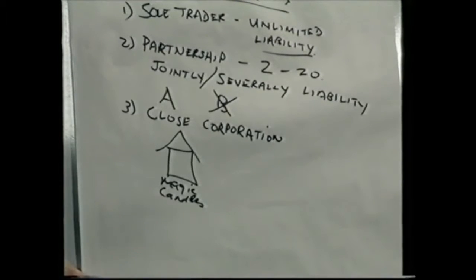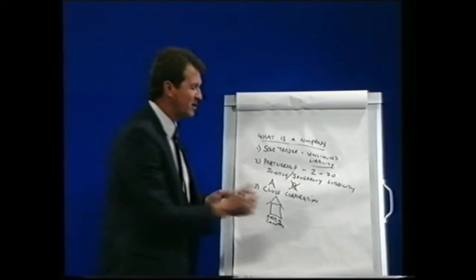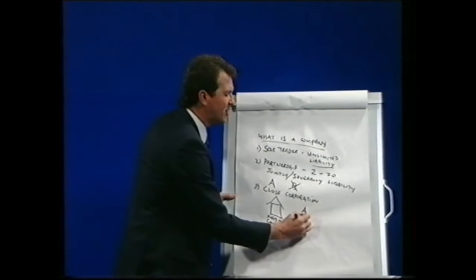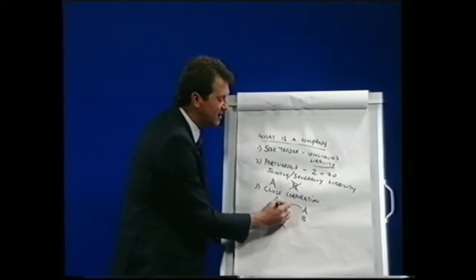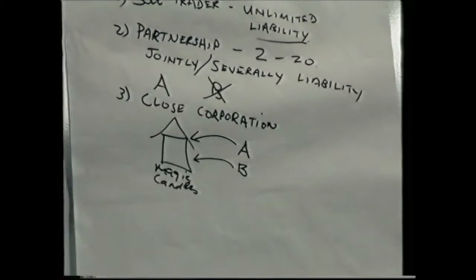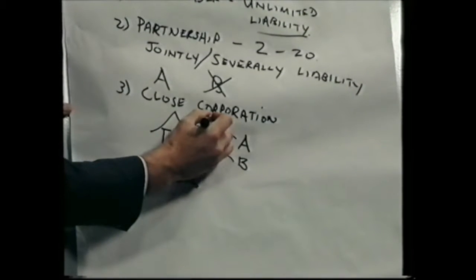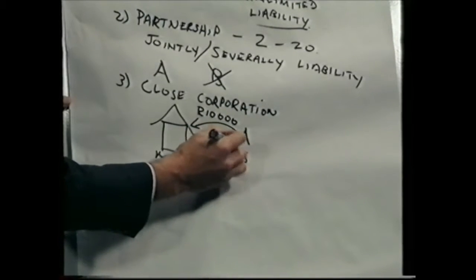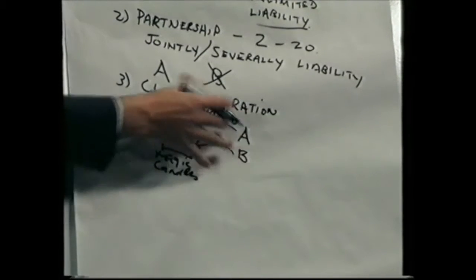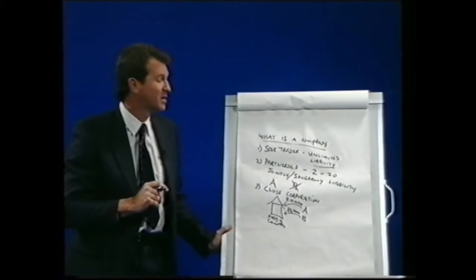It is recognized as an independent person in the eyes of the law, which means one very important thing, that here you are partner A, and there your partner is partner B. What you have done in running this business is you have contributed capital to the closed corporation. Let's assume that you've put in 10,000 Rand, and your partner has put in 5,000 Rand. That means that 15,000 Rand now belongs to the closed corporation called Magic Candles,